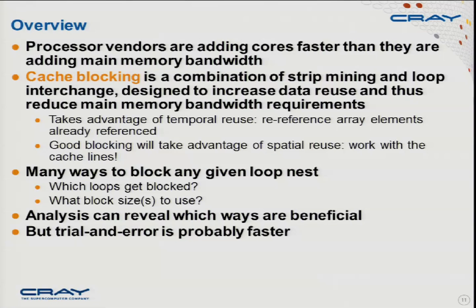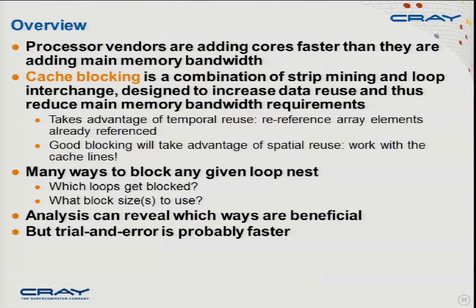So really, over the last 20 years, people have gotten used to using caches. The hardware vendors have been putting more and more complex and larger caches on the chip, and users have been getting used to using those caches. And one thing is cache blocking. That is a combination of what we call strip mining and loop interchange designed to increase data reuse and thus reduce the main memory